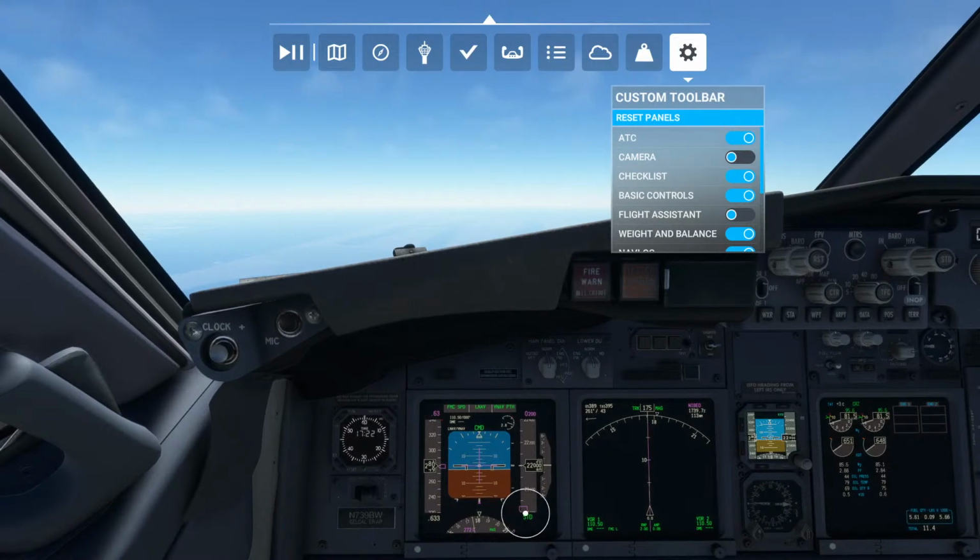Basic controls. See? Nothing. Weight and balance. Now if I hit the hotkey, Control Shift F12,